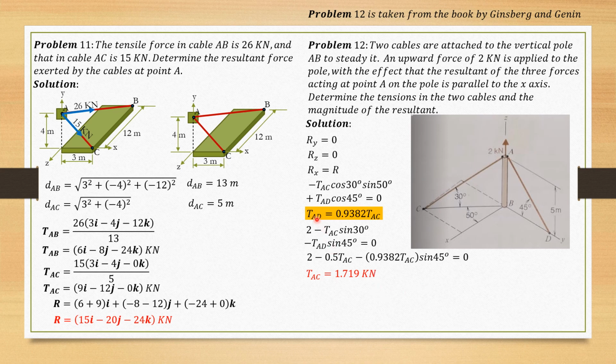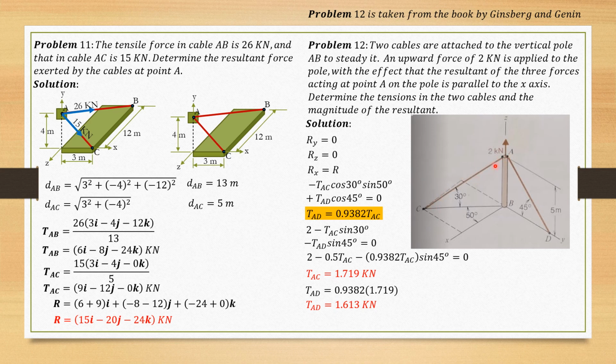Then from this relation here, we can solve tension in AD. 0.9382 times 1.719, so that would be equal to 1.613 kilonewtons,